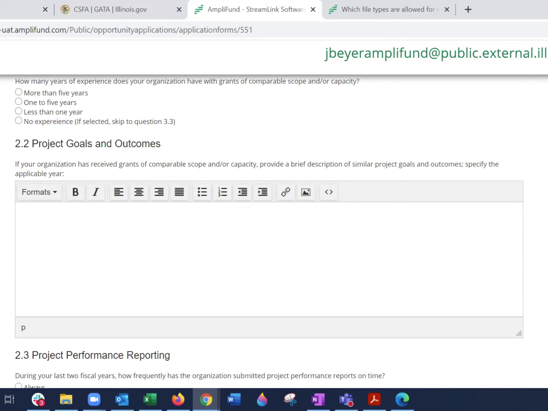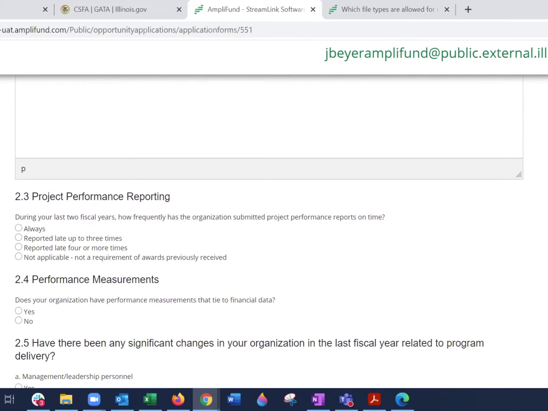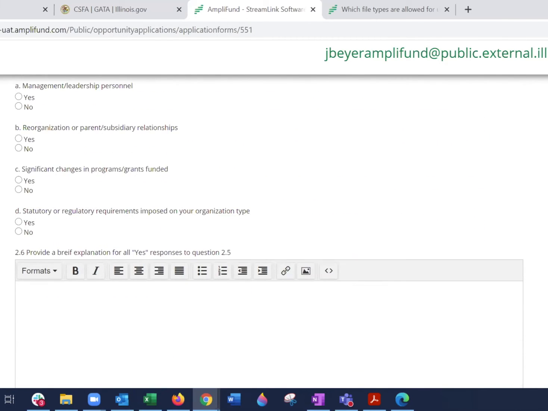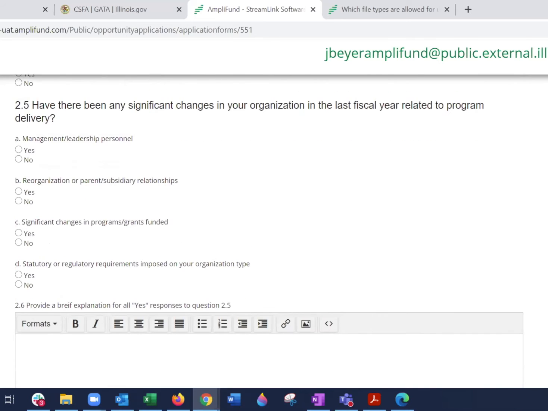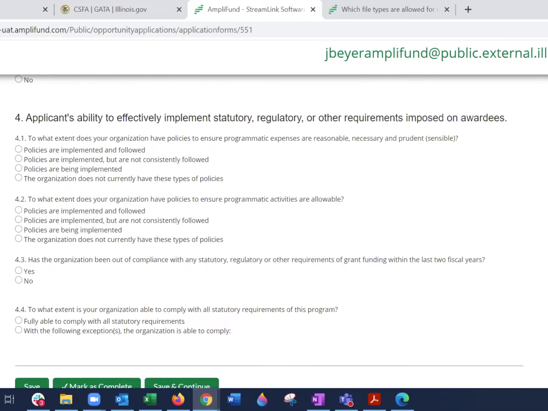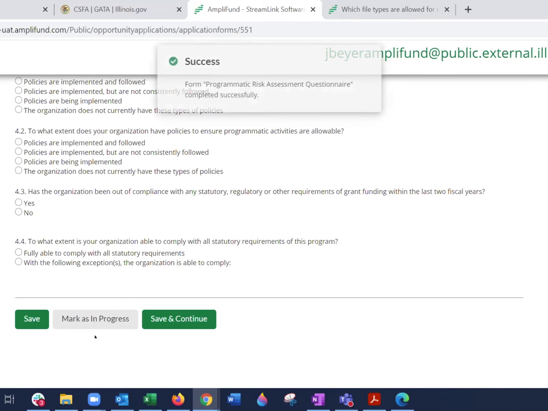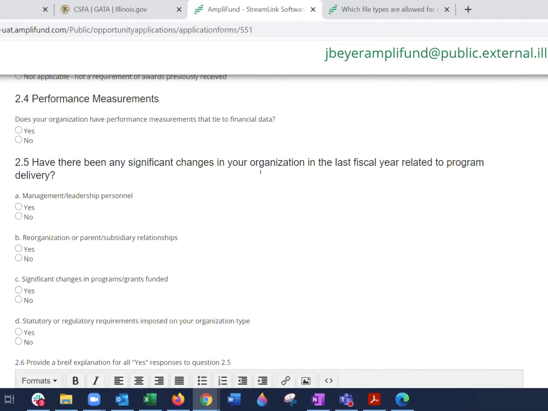Sharon asked, is it possible to mark a form as complete even though it's not complete? No, you're not able to, but it is dependent on required fields. We'll notice that all of these questions, we don't see that little asterisk that we saw, so it's not required. I am able to mark as complete since there were no required fields. However,